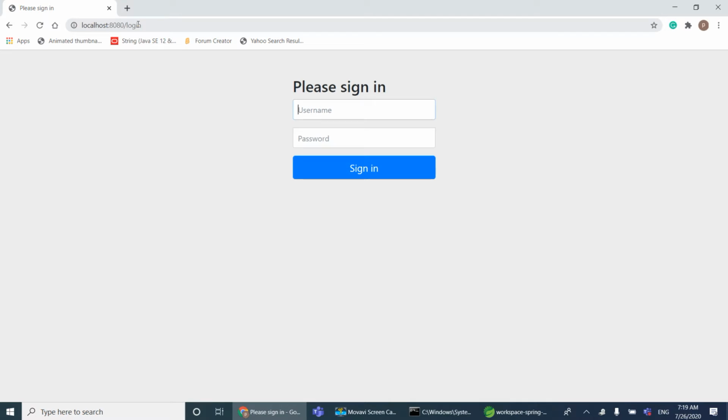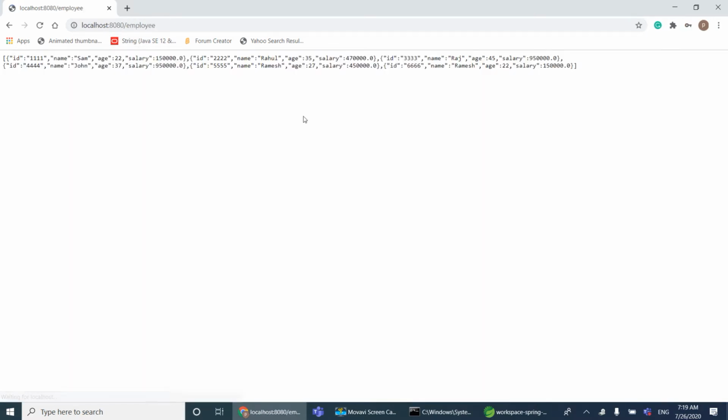By default it will ask us to log in. Because we have not configured any OAuth providers, we can use the default user and default password created by Spring Security. So I am going to log in with this. See, with this default user I was able to log in and retrieve the details.